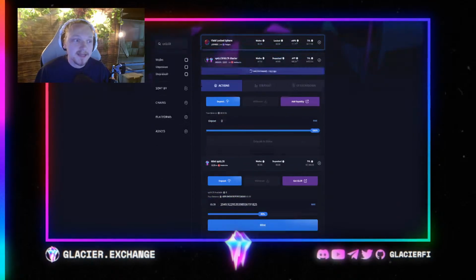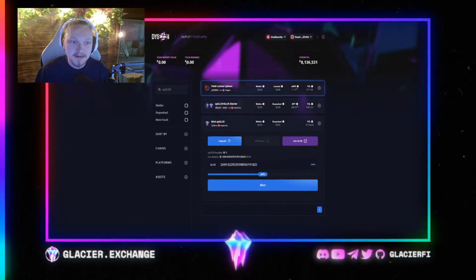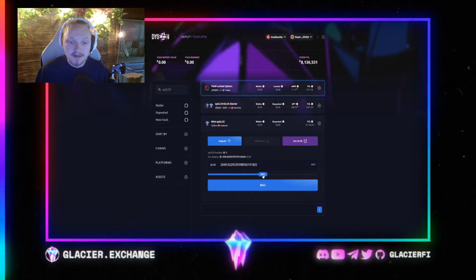So Dyson.money is the website. And whenever you type in Glacier here, or SP Glacier, you're going to see two different pools. You're going to see SP Glacier, and then you're going to see Mint SP Glacier. And so we're actually going to mint it. Because you have to use half of your LP in SP Glacier, and then also Glacier, I'm only going to mint 50% of my supply right here, which I have about 4,000 in my wallet. So I'll mint,